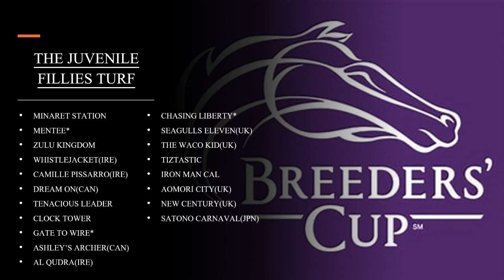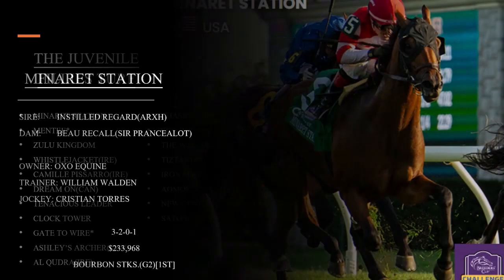comes, who doesn't. Now, I want to note that if you see an asterisk by a horse here, it means that they're dual entered in the Juvenile Turf Sprint as well. So Mentee, Gate to Wire, Chasing Liberty, we've already covered them, so I'll refer you back to the posting we have for the Juvenile Turf Sprint if you want to get a feel for them. So we're going to be covering horses who are only entered for this race here, and as we'll do it,